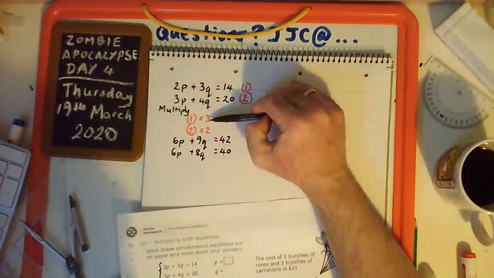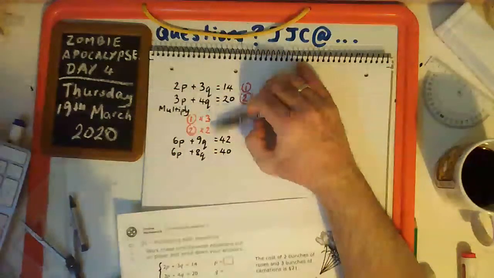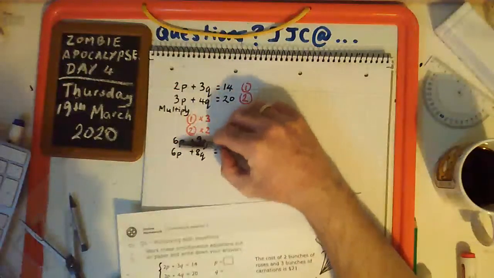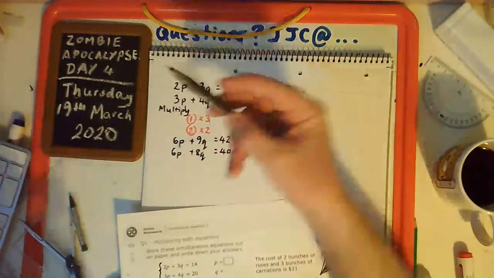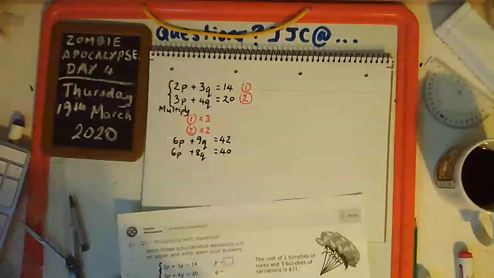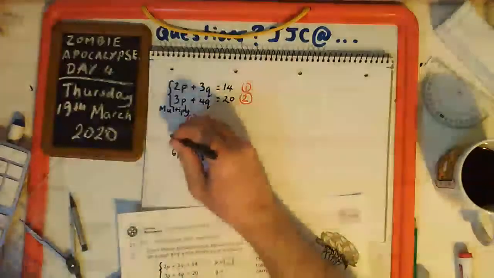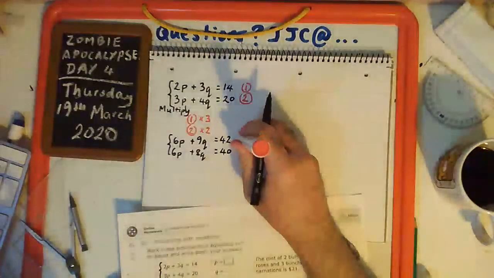So I multiplied by whatever I needed to do to get them up to the same thing, because 2 and 3 both go into 6. So I started with that pair of equations. I often like to bracket them together to show that they're a pair. And now I've got this pair of equations, which I'm going to call equation 3